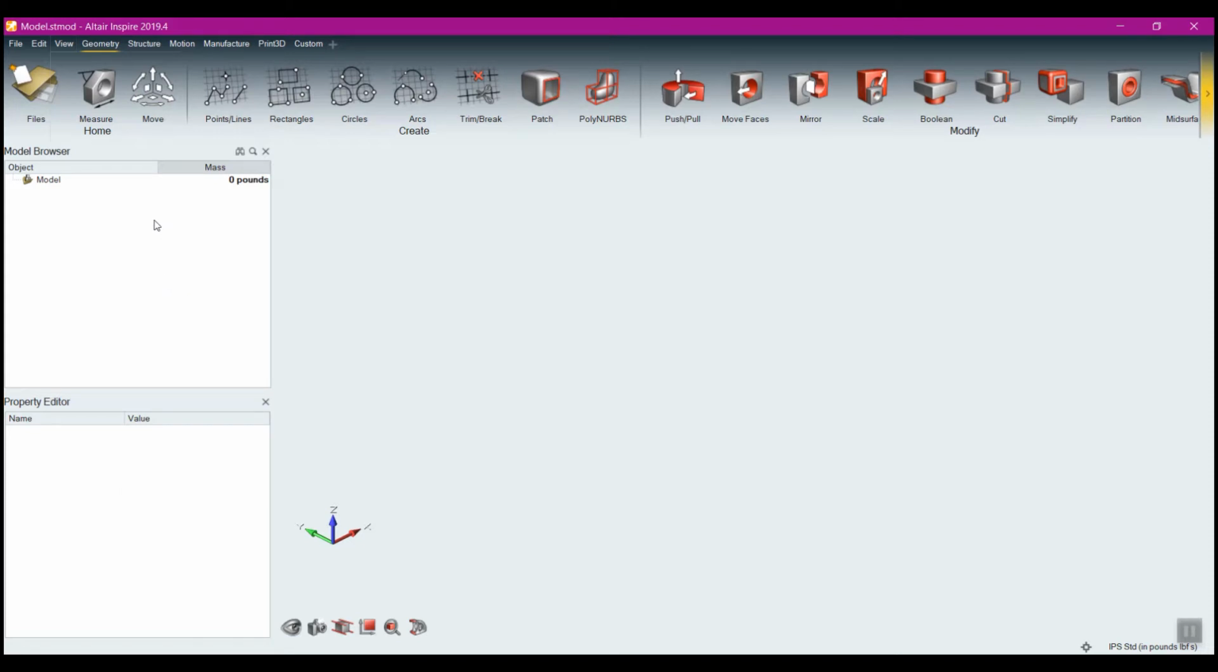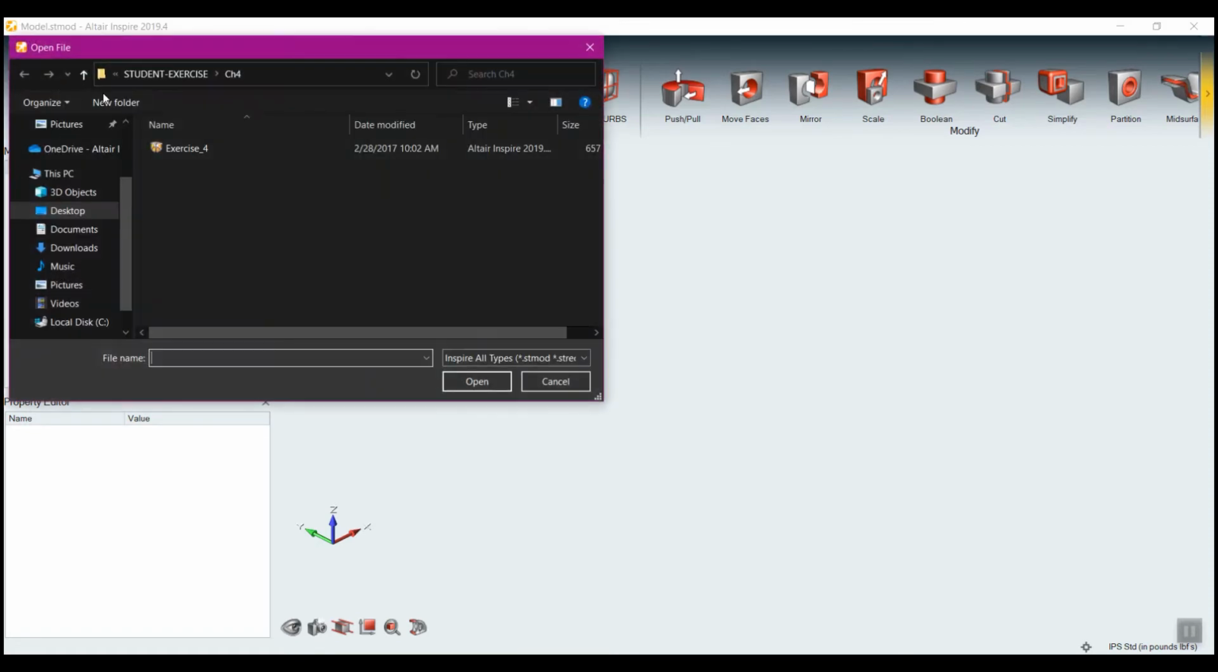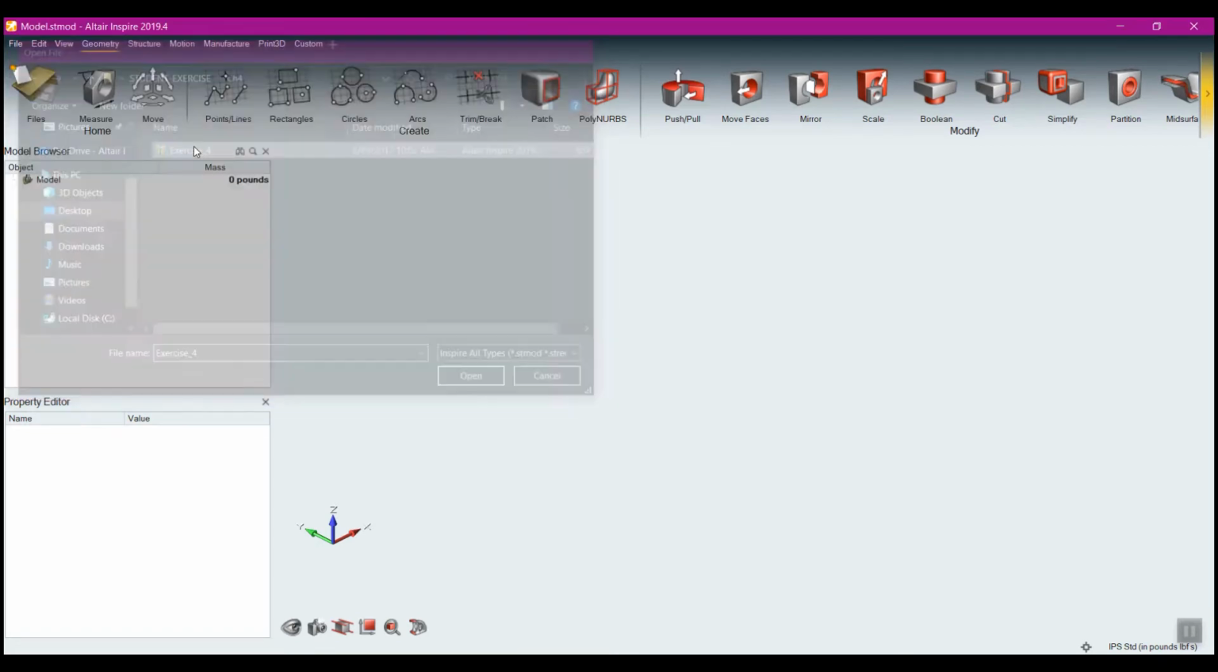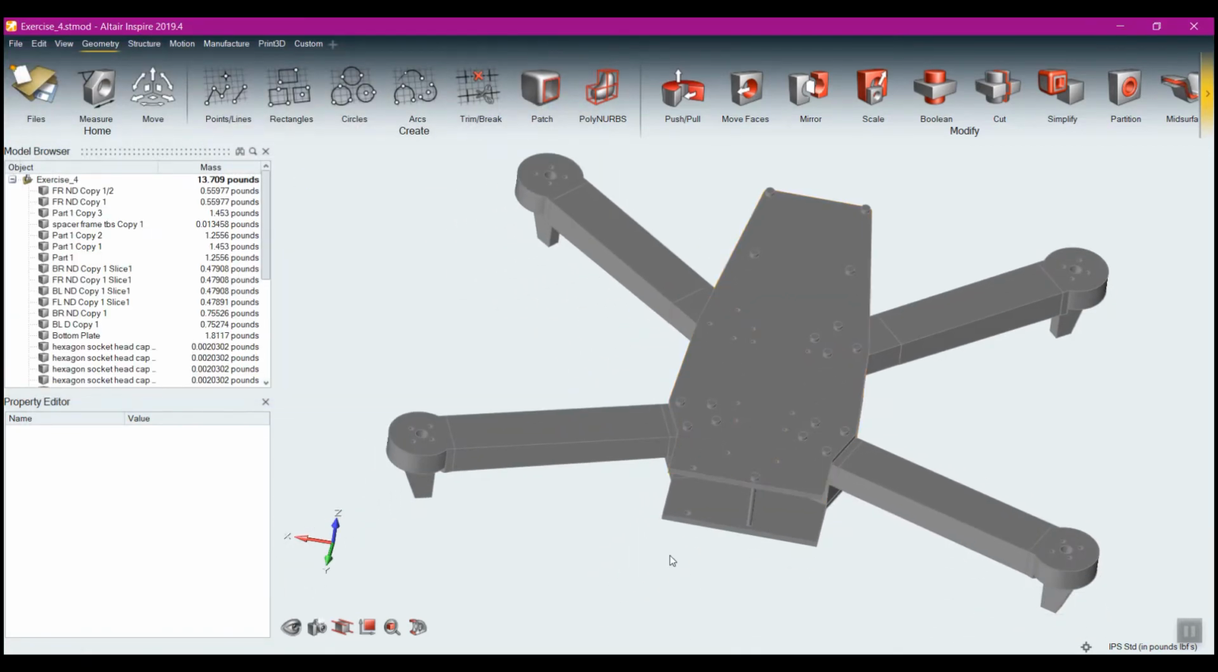The next thing I want to do is I want to open up a model, and I can do that by coming from the File pull down, or I can use our multifunction files icon here, where I can open a model, create a new model, or if I had a model open, save a model. So I'm going to click Open a Model. And I'm just going to open up this model here, this exercise 4. So now that I have this model in here, it's going to populate all of the different parts into my